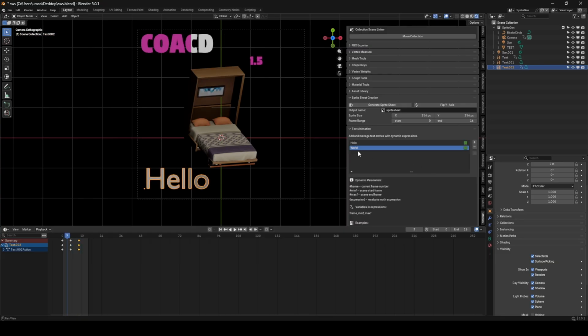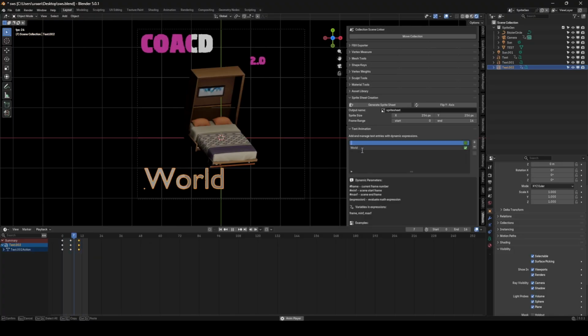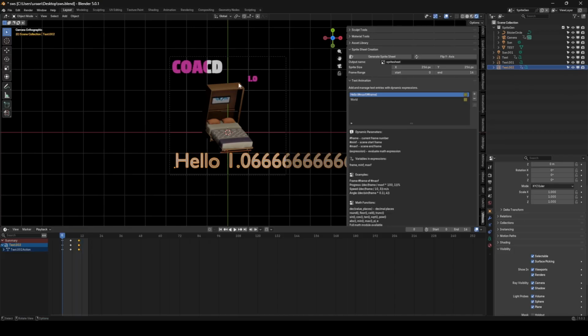That's pretty cool. And you can add stuff at the end. So let's say we add an expression like frame. It's gonna concatenate the expression. And if you have something more complicated, you would have to put it in an expression. So if we do max frame divided by frame, we'll get this kind of math thing happening. You can get really